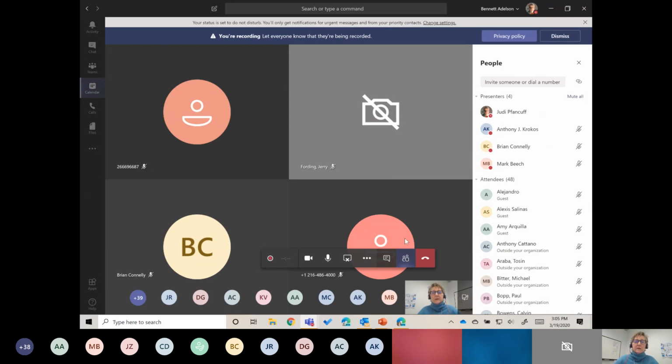You do that by moving your cursor anywhere in the meeting space. This menu bar pops up, and you see the microphone button, which toggles back and forth between mute and unmute. So you can unmute yourself that way. Even though you're muted, we do want to do our best to answer your questions, and that means we want to hear from you.